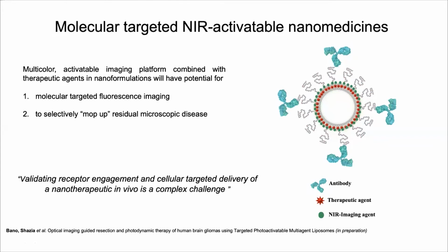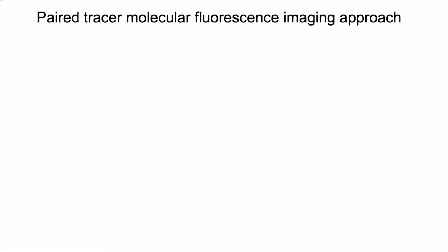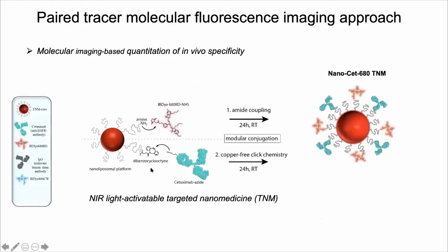However, validating receptor engagement and cellular targeted delivery of that sort of nanotherapeutics in vivo especially is a complex challenge, because it is partially skewed by the dominant EPR effect, as I mentioned previously, and because this also only informs about the delivery to the tumor, resulting in the tumor to normal matrix. So to this end, for the true tumor receptor engagement of the targeted nanomedicine, and thus to quantify the receptor-specific binding capacity of the ligand, especially in vivo, we have developed an NIR-activatable targeted platform that consists of a nanoliposomal